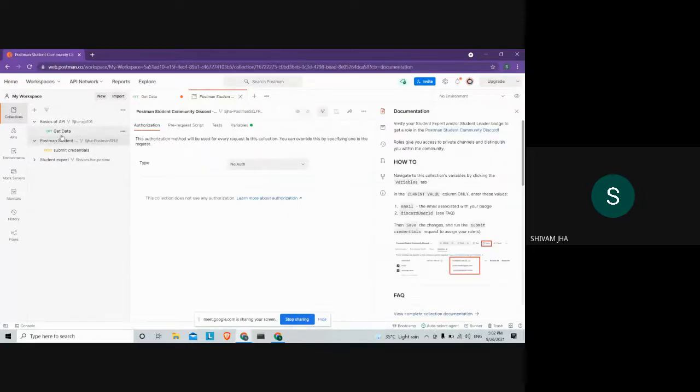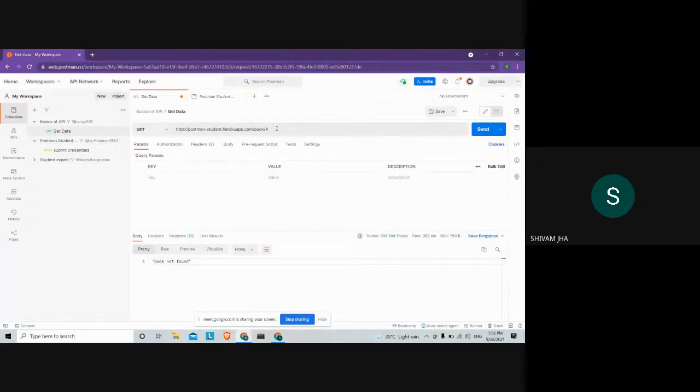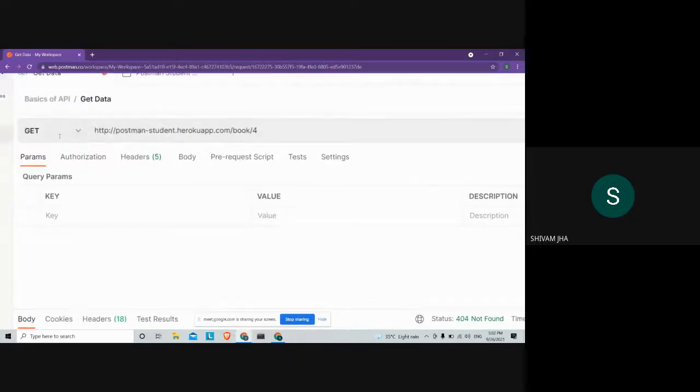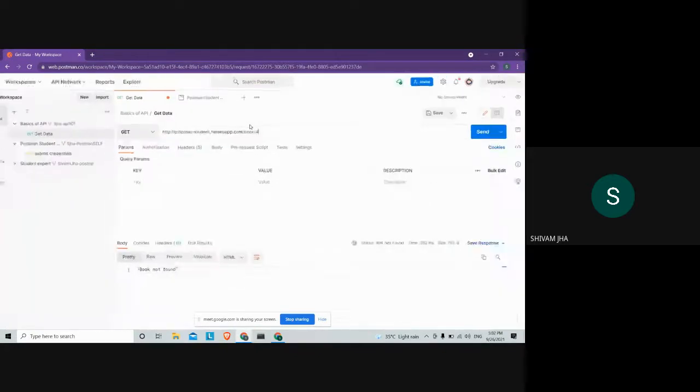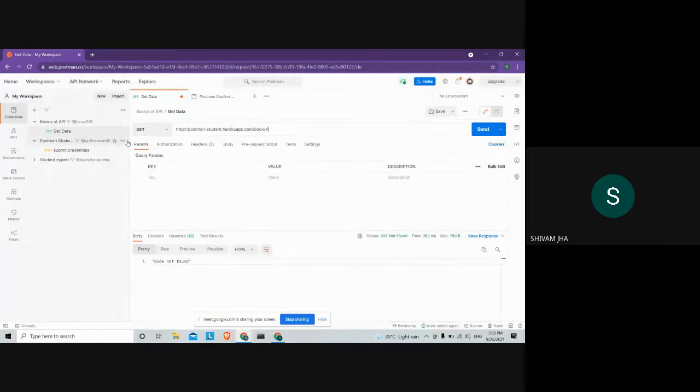Sorry, get data. Okay, here as you can see, we are using this URL for making a get request to the server, to that books API, to send us a book which is at index 4.